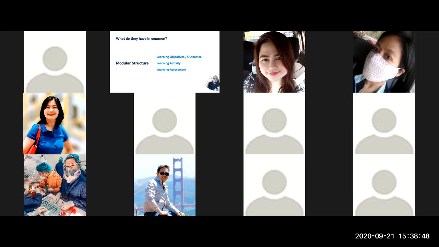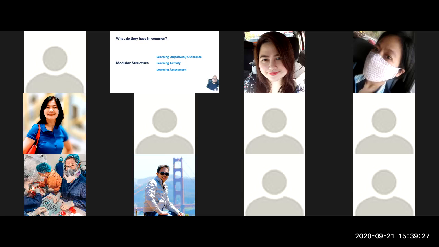So nandoon po nakalagay itong all the tips or the things that we need to learn about writing learning objectives or learning outcomes. For our purposes, and I will just clarify it at this point, usually the use of learning objectives and learning outcomes is interchangeable. And much of that is because in the literature, naku-confuse din, minsan interchangeable nga ang gamit din ng mga authors. But there are certain sites which emphasize the difference between learning objectives